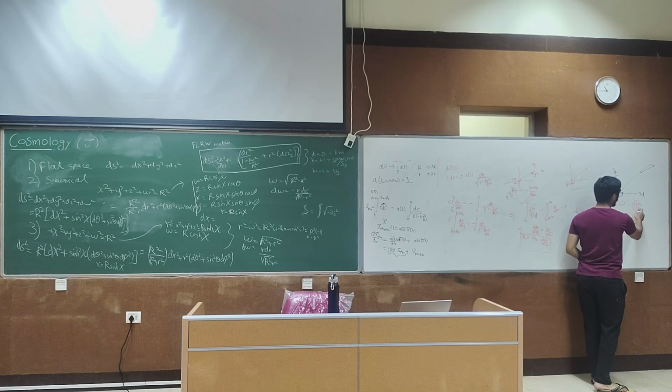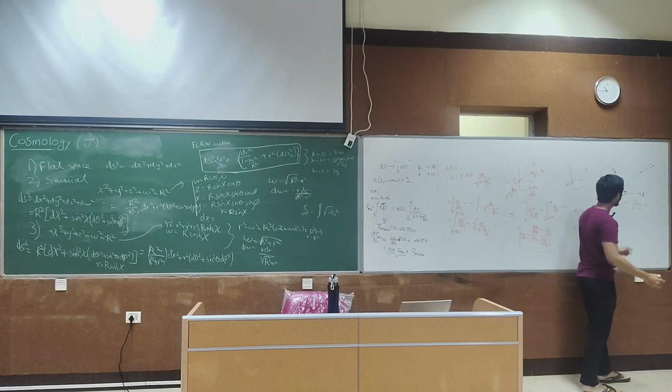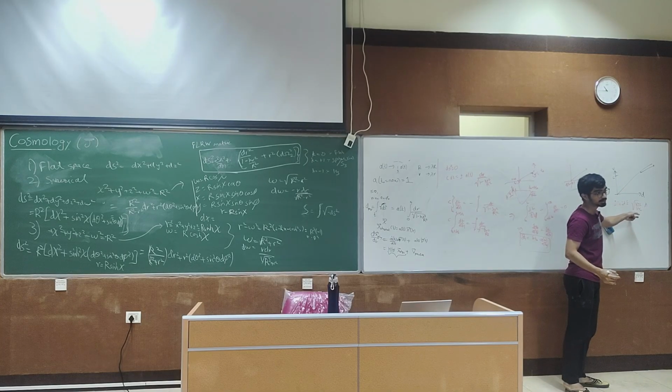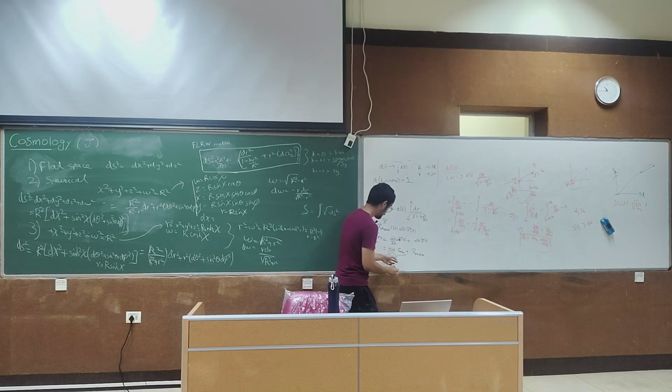Now if v is greater than c, then v minus c is negative and this would be imaginary, right? So my point is that it's not due to the fact that